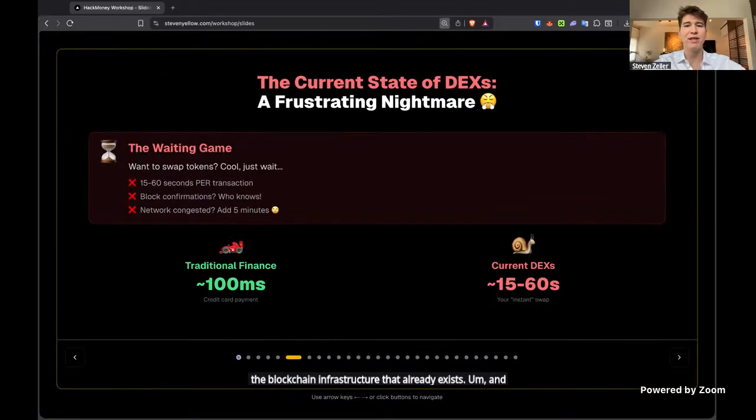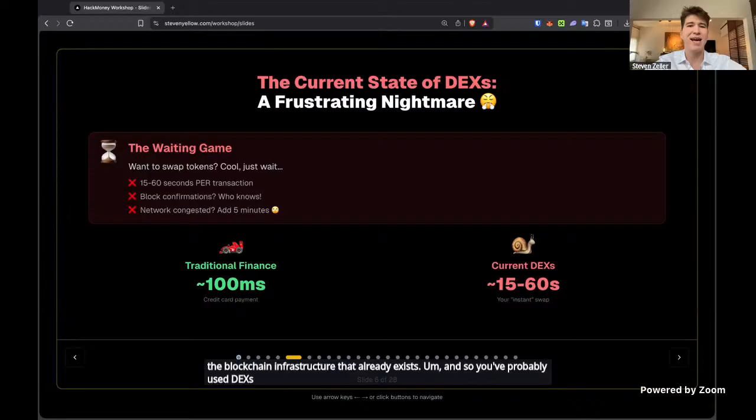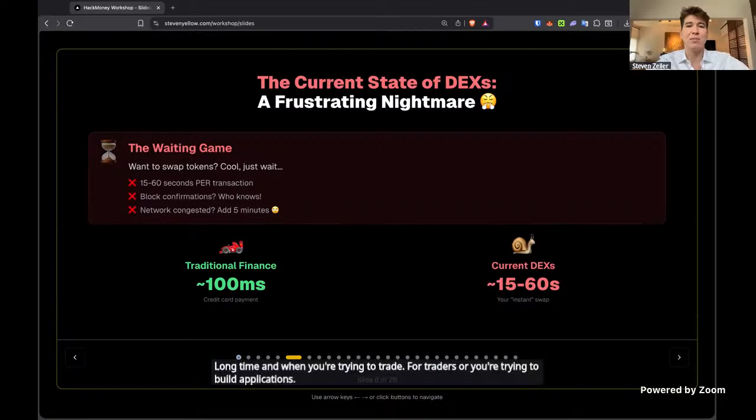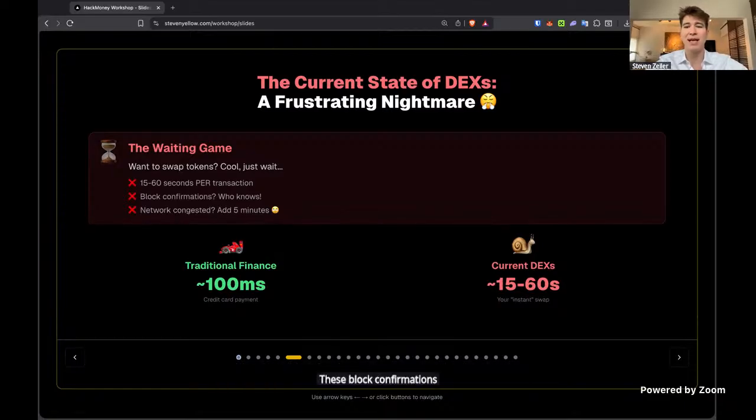You've probably used DEXs before. DEXs are awesome because they give you control over your funds, but they're slow and expensive to transact. If there's network congestion, your transactions might take a long time. When you're trying to trade or build applications, these block confirmations and the slowness make things really unpredictable sometimes.